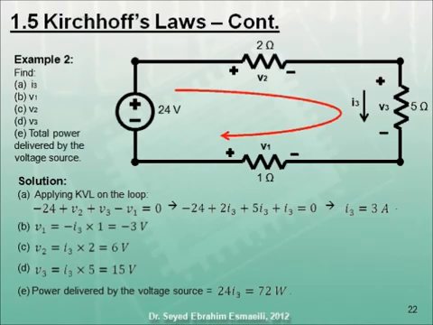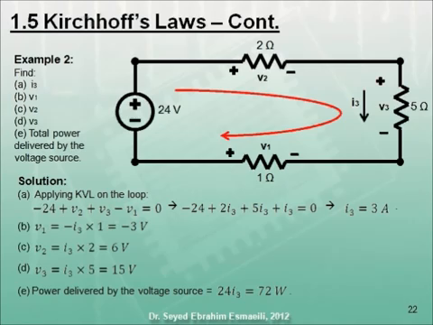In example 2, we need to find I3, V1, V2, V3, and the total power delivered by the voltage source. We begin by noting that all the elements in the schematic are connected in series. This means that the same current, I3, flows in all of these elements. Applying KVL on this loop and assigning a positive sign to voltage drops in the direction of the loop, and